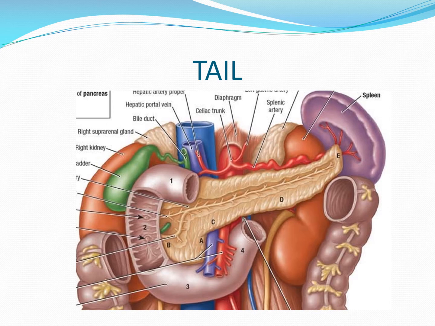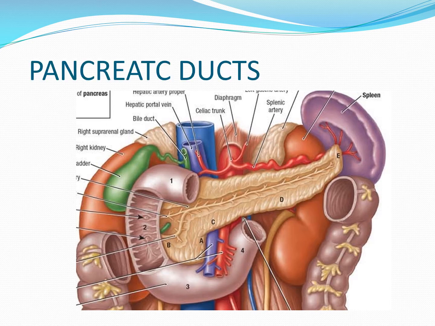Now the duct of the pancreas. Here there is a pancreatic duct. Here you can see this duct opens at the second part of the duodenum. The exocrine pancreas is drained by two ducts, a main and an accessory duct. This is the main pancreatic duct. The main pancreatic duct is about 3 mm in diameter, lies near the posterior surface of the pancreas and is recognized easily by its white color.